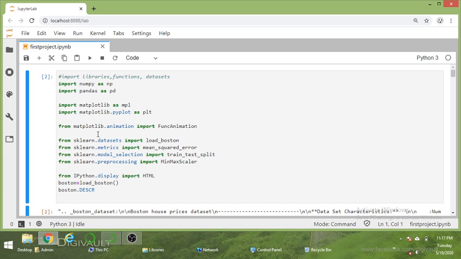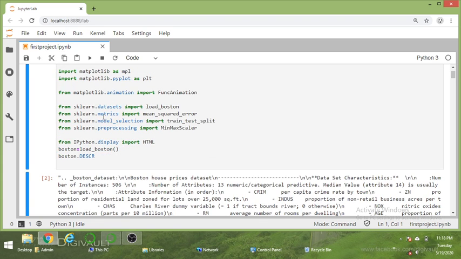After that, this sklearn library is a free software machine learning library for Python, and it provides many machine learning algorithms out of the box. It provides modules for many common tasks such as loading datasets, splitting datasets, pre-processing, etc. So we are importing this Boston dataset from sklearn,